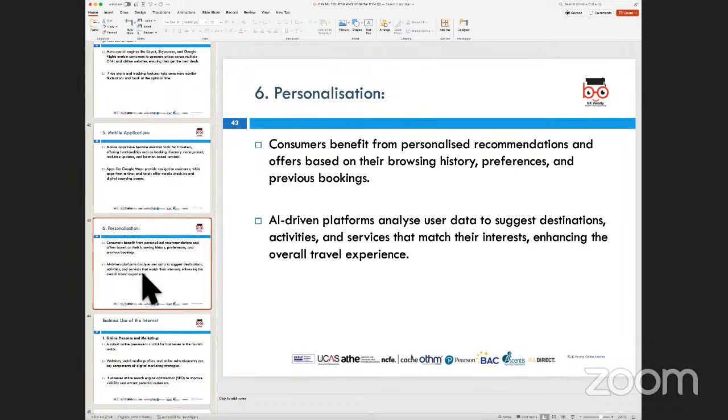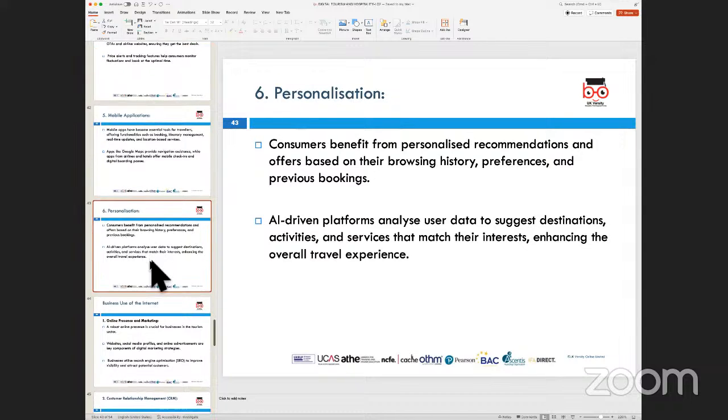Personalization is quite easy to explain. You can look at personalizing your experience in terms of wherever you're going and what activities you're going to do. You can look at the prices that you pay and what you're willing to pay, and all that would allow you to personalize your experience as far as staying in a hotel is concerned